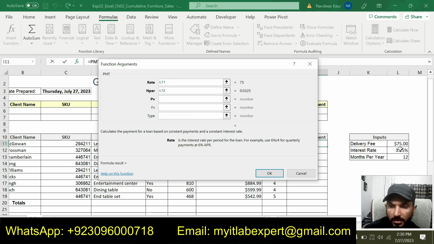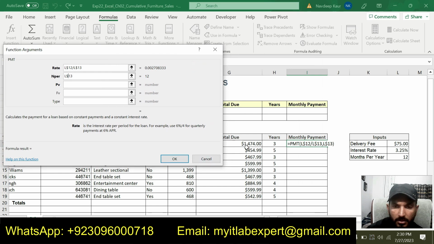So the interest rate will be divided by the number of months, this one, and NPER will be this one multiplied by the years.